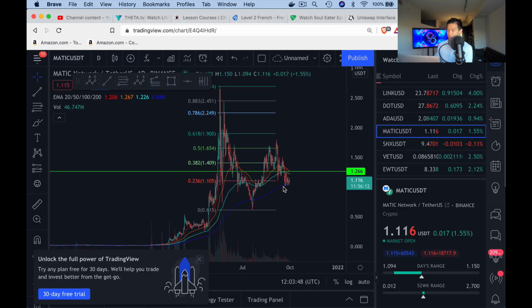So MATIC is sitting around $1.11 right on top of the 200 EMA. So I am still sitting on my hands with this one. I'm feeling like it could drop a lot lower, maybe to here, which maybe it's pretty much too much. If it drops back down to 60 cents, a lot of people will be accumulating. Now, this is expected because MATIC had just a vertical run up within a very short time span. So it has to come back down to really retrace to figure out what the levels are at.